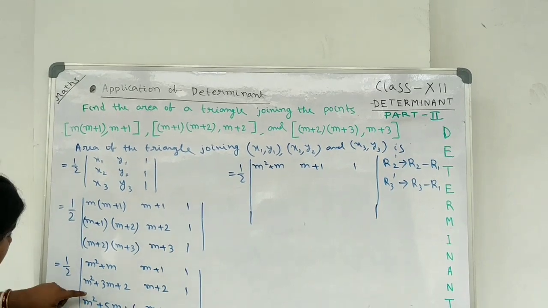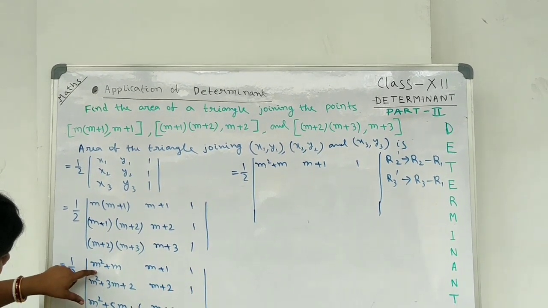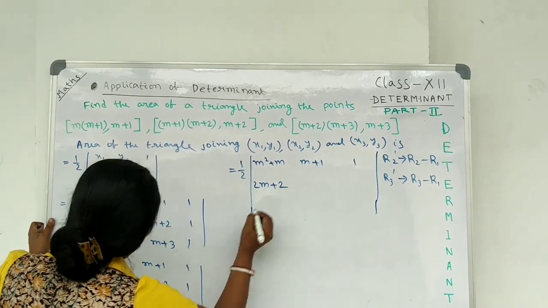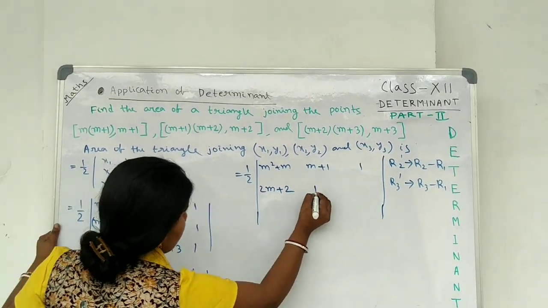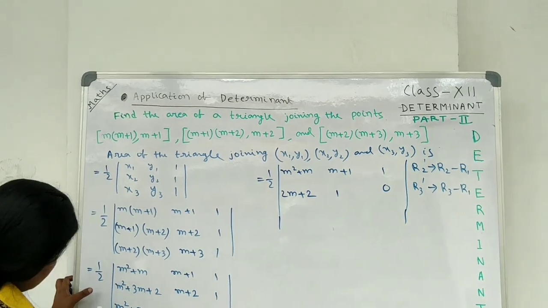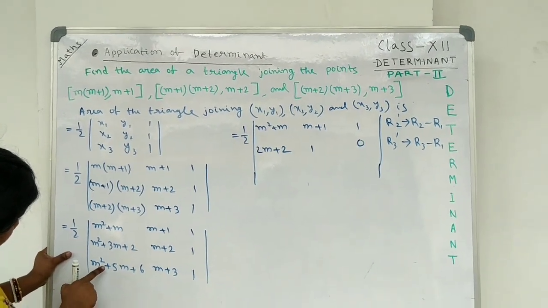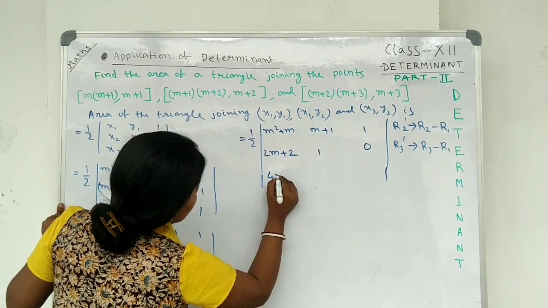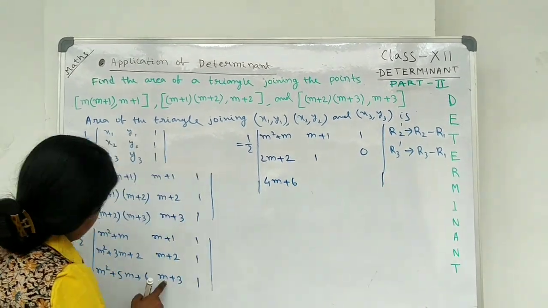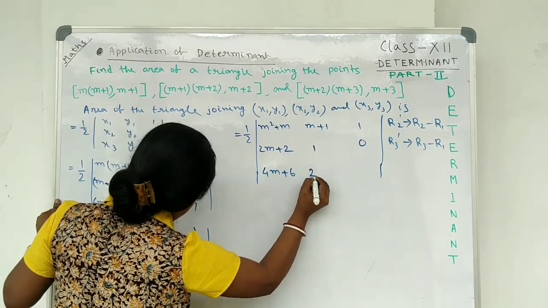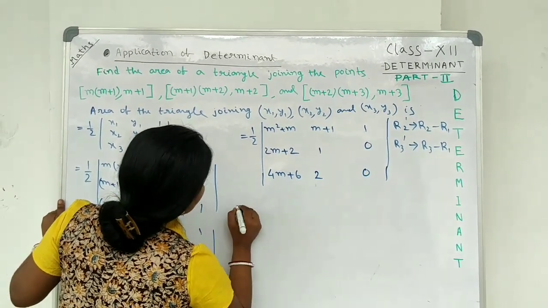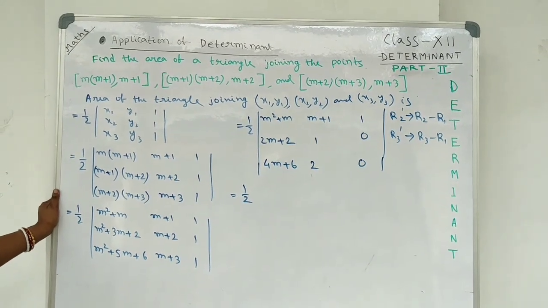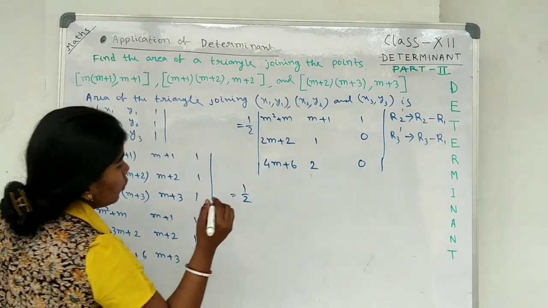R2 dash is R2 minus R1, this minus this, that is 2m plus 2, here 1, here 0. R3 dash, this minus this, that is 4m plus 6, this minus this 2, 0. And now if we expand this determinant through third column, we will get